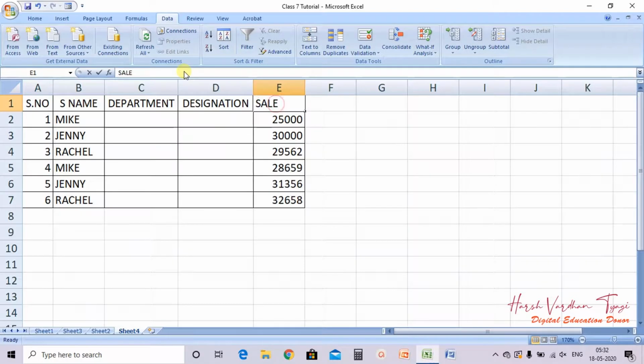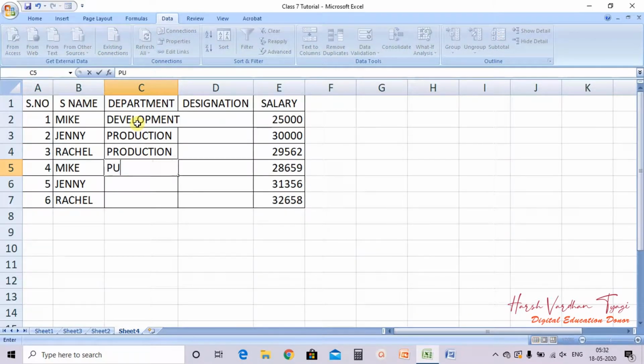and not sale, it is salary. So department, suppose it is development, then production, purchase, sale and sale.